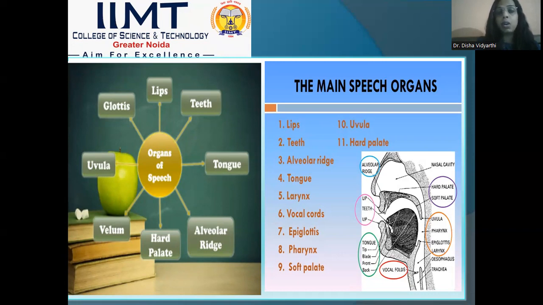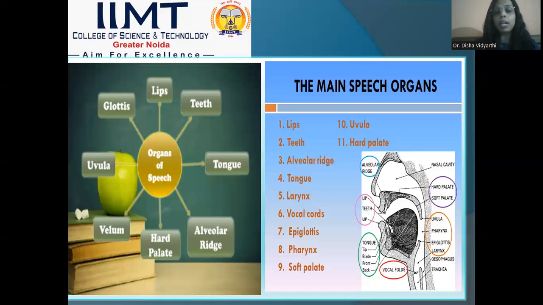In speech therapy or spoken English, I think most of my students must know, if they have undergone any module of English language or spoken English, there are a lot of audios they are asked to listen to, and then to articulate or mimic them. Why? Because when you perceive the correct sound, you are able to articulate it. But for correct articulation, you must know the correct speech organ, because without using the correct speech organ, you cannot produce the correct sound.